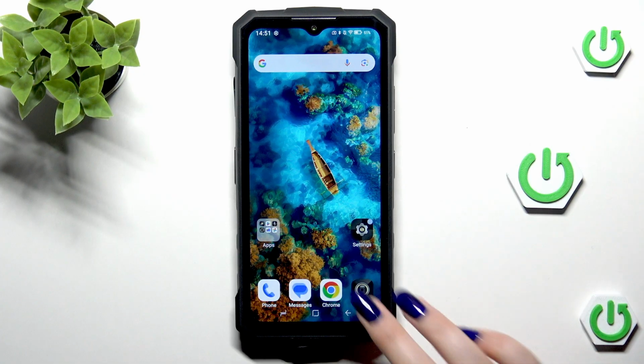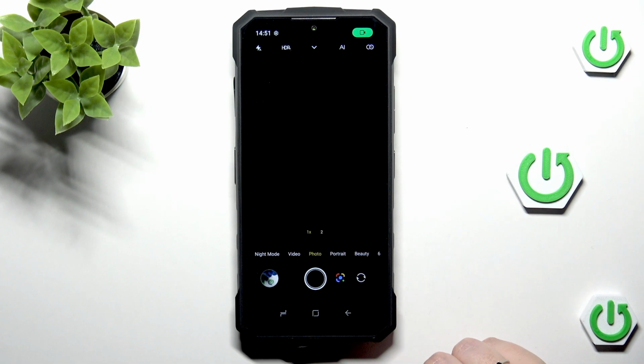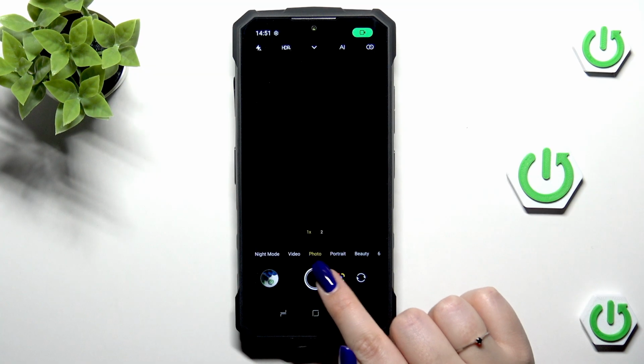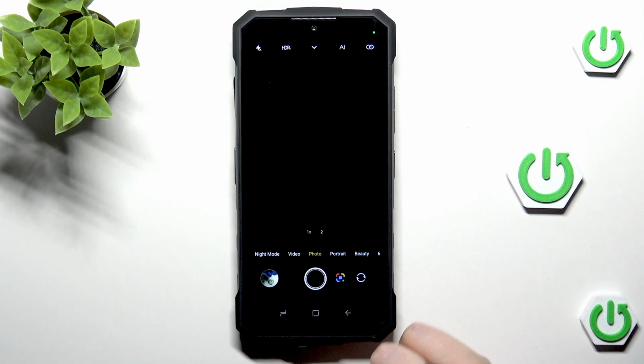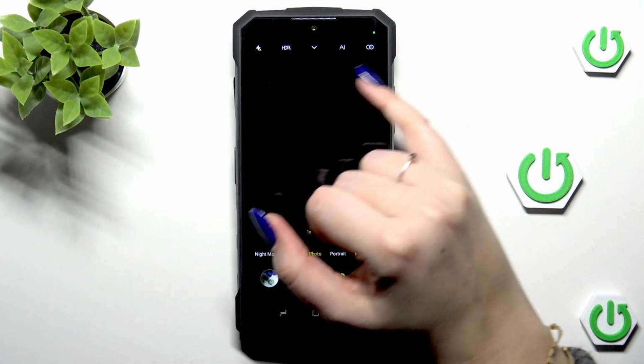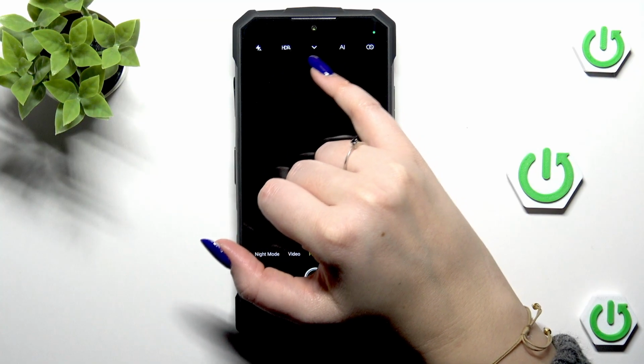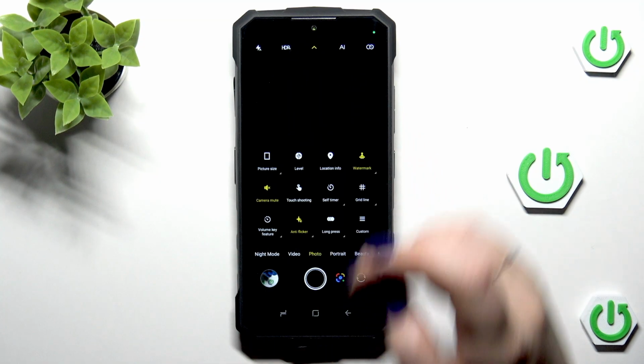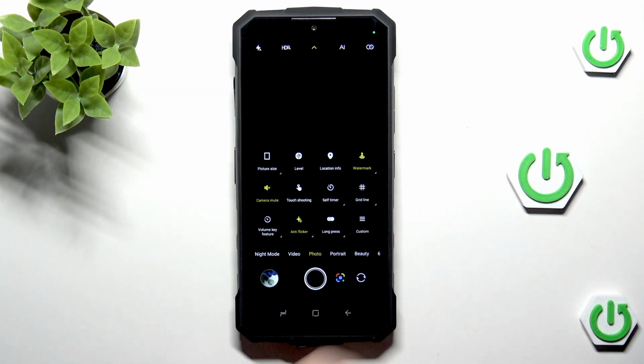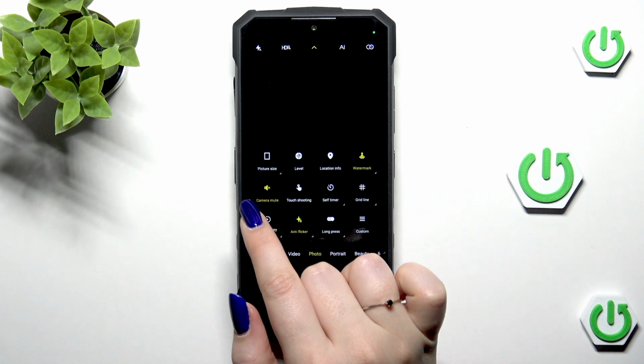So let's start with opening the camera app, and currently we are in the standard photo mode. As you can see, it is highlighted. So all we have to do now is to open more options. Let's take a look at this option bar at the top and simply tap on this arrow which is at the top. Now we've got many more options from which we can choose,